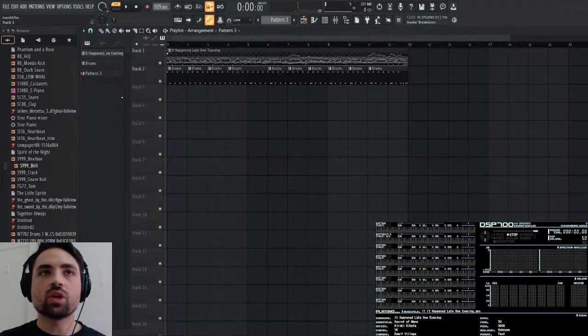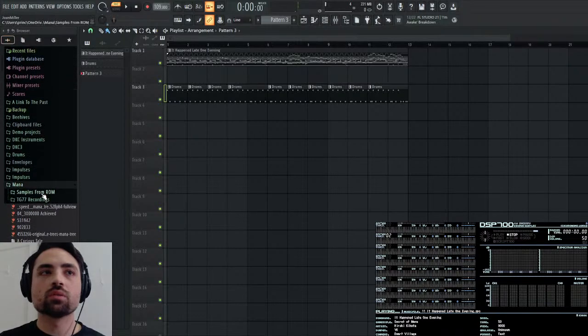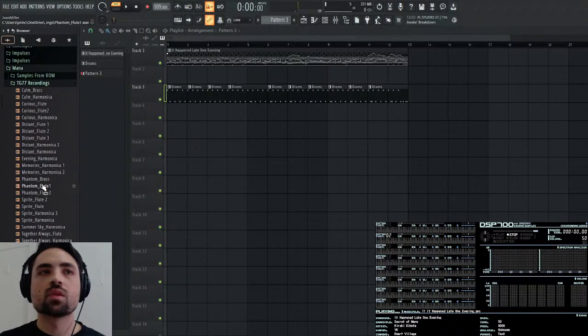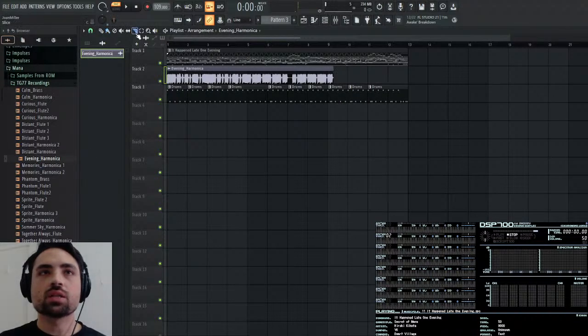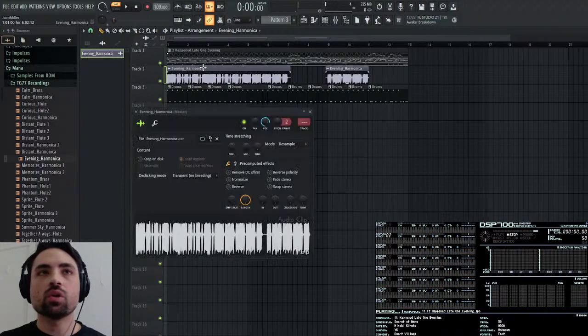So now let me insert a mixer track. No, insert a playlist track. And I go and grab the recording. And then I'm going to make a cut. Well, let me change to beat snap. I'm going to make a cut here. And then I'm going to move this part right here because that's when it actually happens. And so now I want to take the recording's volume down to about 50%.